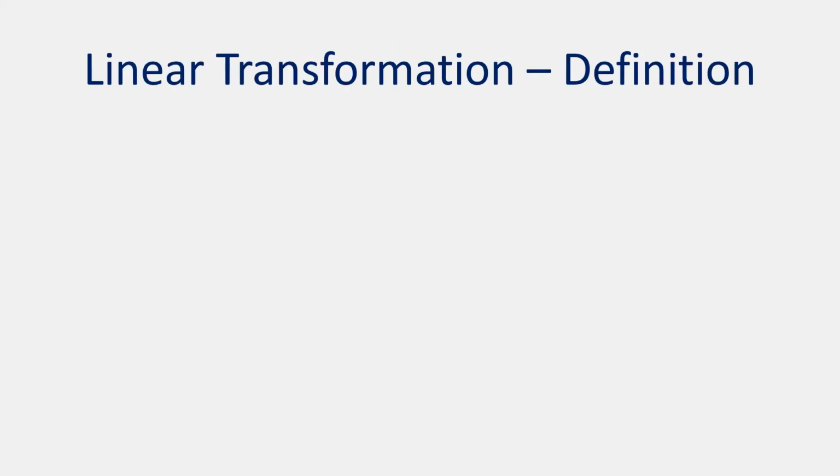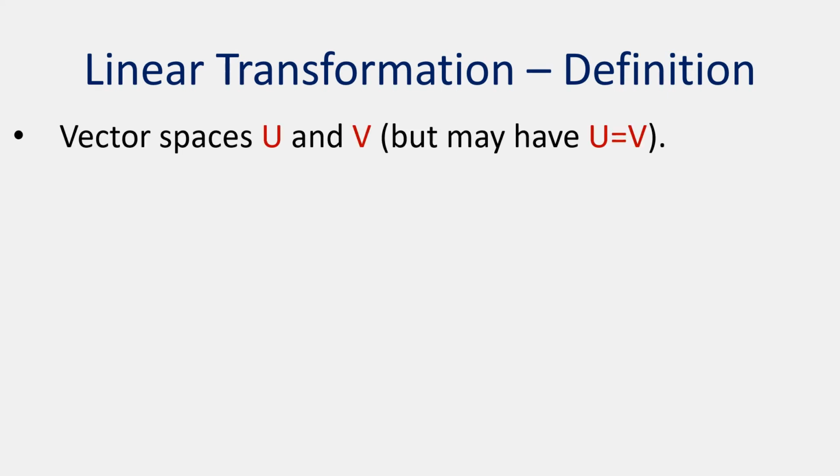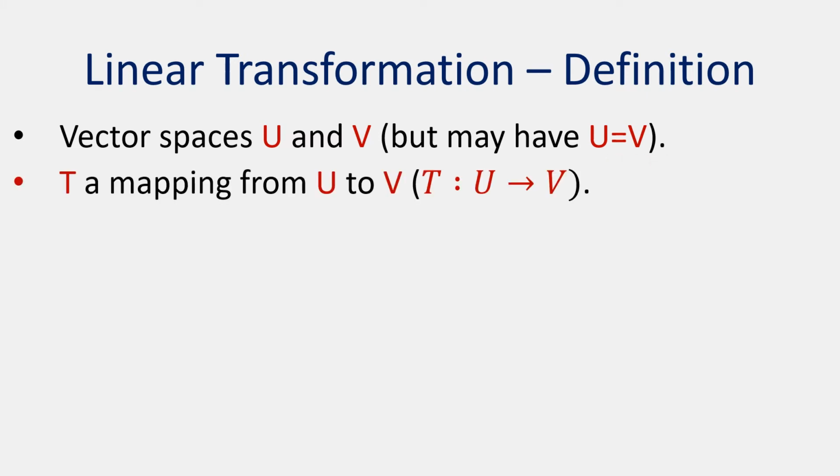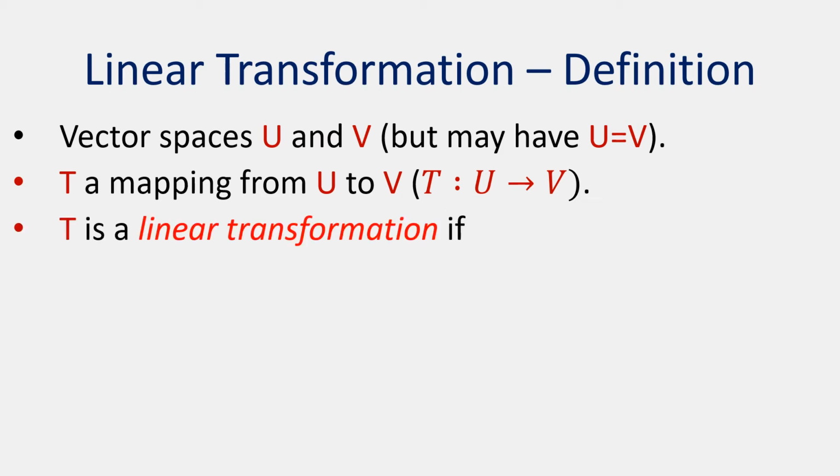So let's go on and look in detail now at what I'm calling a linear transformation. What's the formal definition of these objects? Well, as I said, we have two vector spaces. These can be the same vector space, they're not required to be different. And a mapping between two vector spaces, recall formally we write in this style, is said to be a linear transformation if it satisfies two conditions.